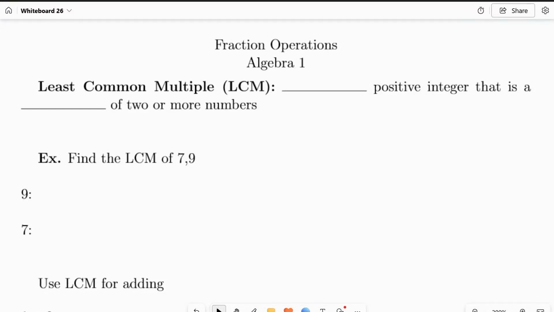Fraction operations. So this isn't one of the traditional chapter 1 lessons, but it is a super good review for all of you guys, and it is very important moving forward throughout the school year. So when looking at fraction operations, the first vocab term we need to talk about is the least common multiple, or the LCM. So the least common multiple is the smallest